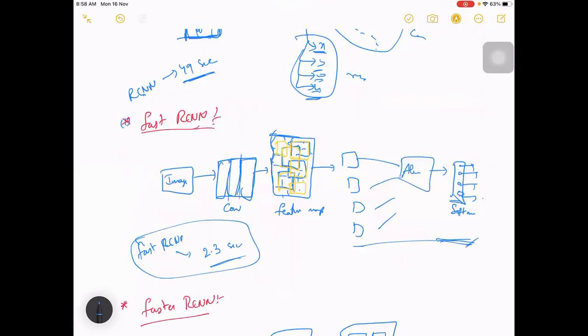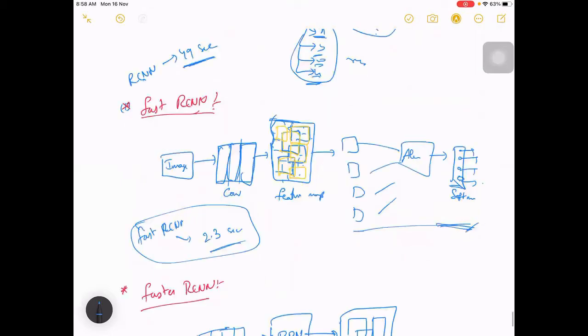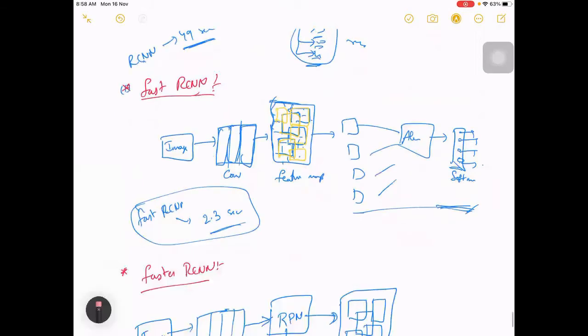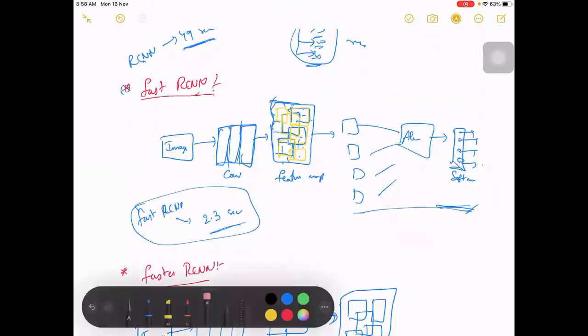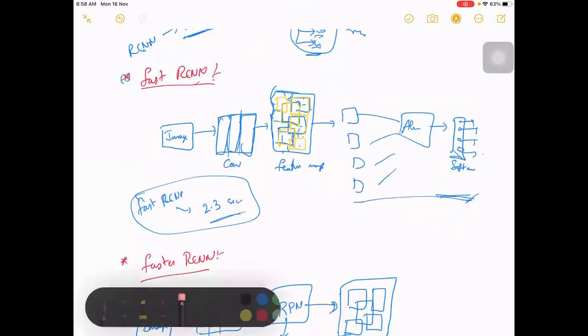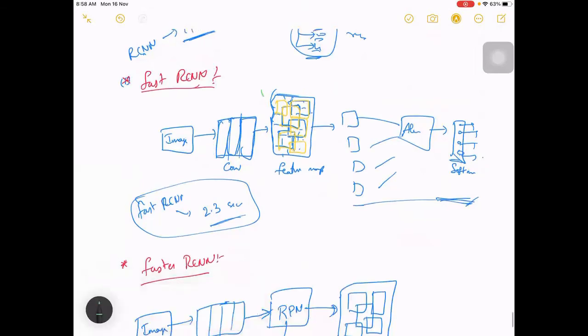So instead of using AlexNet here, one more small improvement is that it has actually been implemented here itself. I actually forgot to tell that. So this is one improvement. Improvement one is here. Here is the second improvement, and there is one more improvement which can be done at this level.